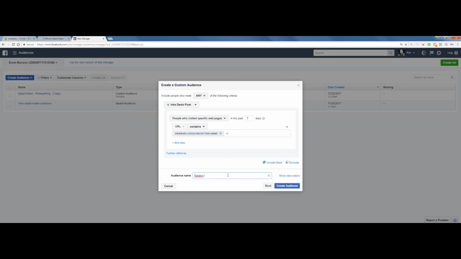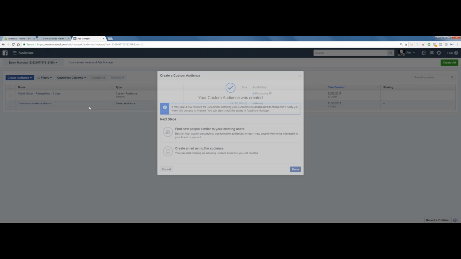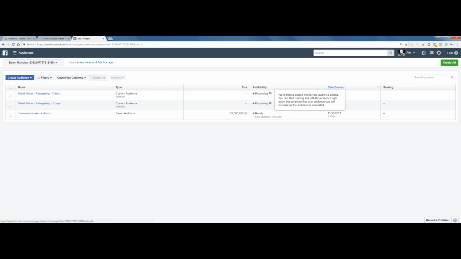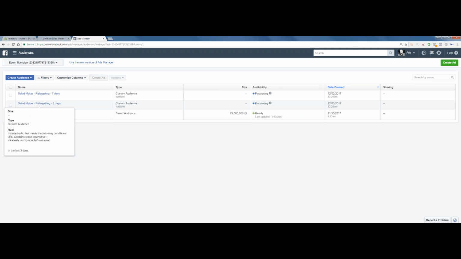We're going to call it Salad Maker retargeting 7 days. So now this, we're going to click done. So now this one's going to collect only the people that within 7 days. So it's going to collect the people in 3 days and the people up to 7 days. This one is up to 3 days.